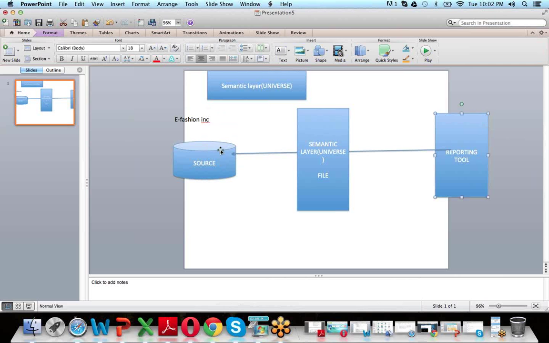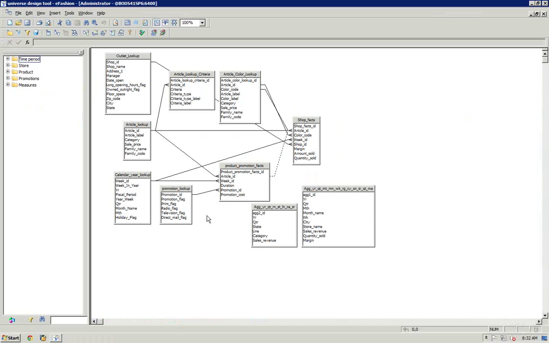First, from this source, whatever tables are required based on our reporting requirements, the universe designer created this universe by including the table structures, by joining. There are so many challenges here: by resolving the loops, by resolving the traps, by testing thoroughly before deploying in the production CMS. Then by creation of the classes and objects. See, all the technical complexities are taken care of by designers. Once this universe is created, for example,